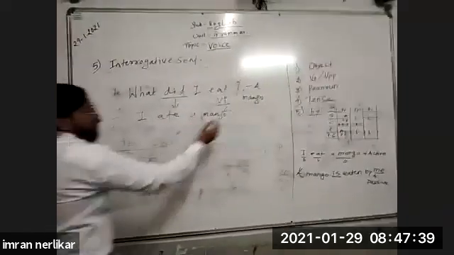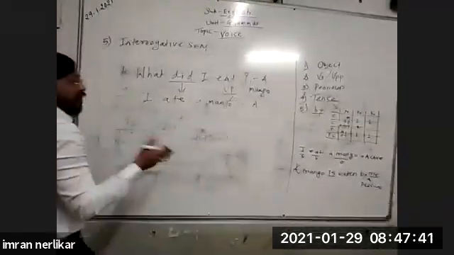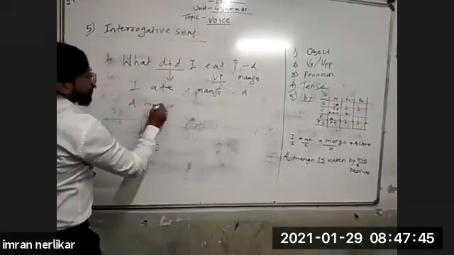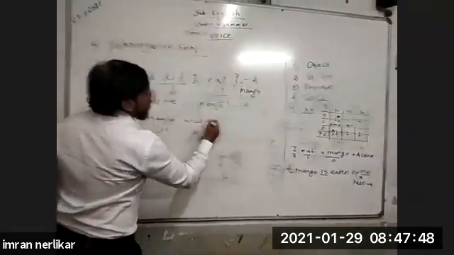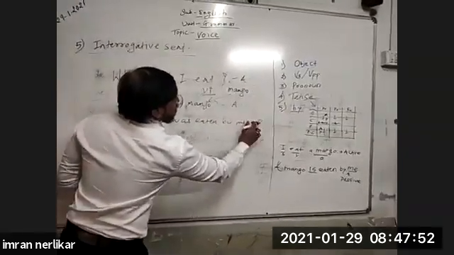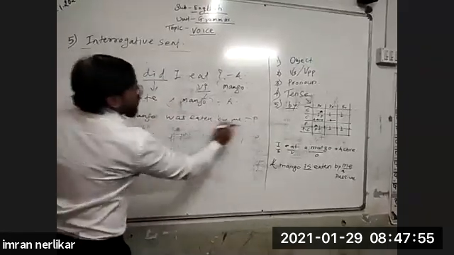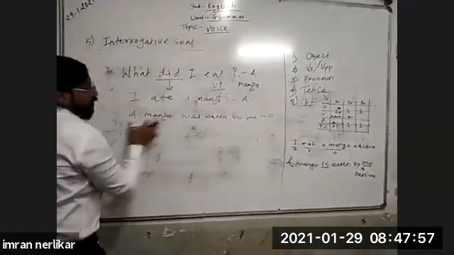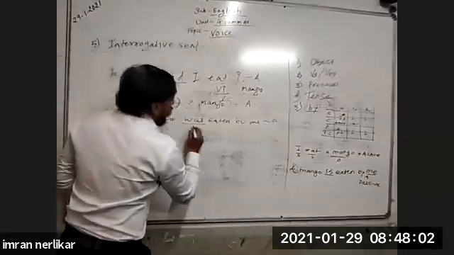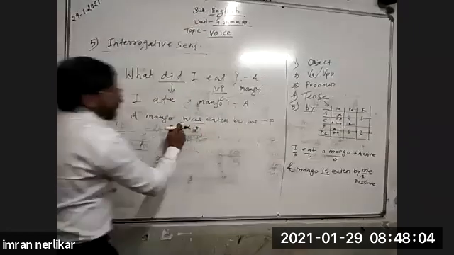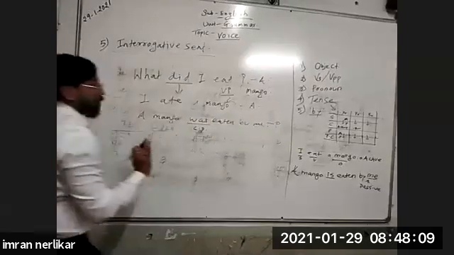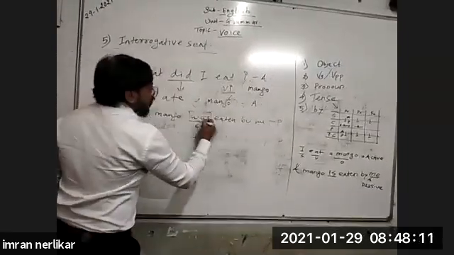Now this is an active sentence. Same, just like the verbal question. I ate a mango. The passive is: A mango was eaten by me. Mango we have taken first. Because it is in simple past tense, we have converted it into the passive with was. A mango was eaten by me. Now the helping verb is was.